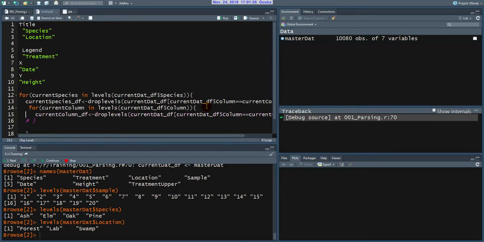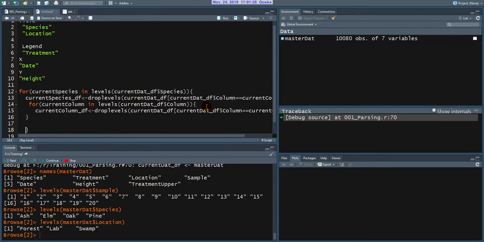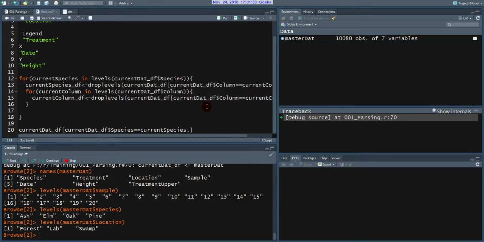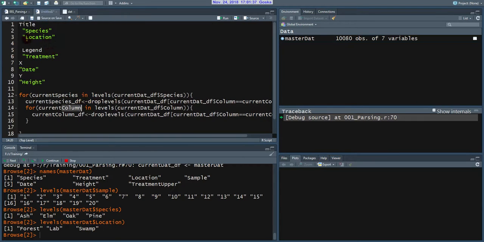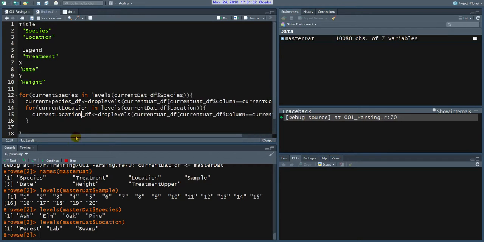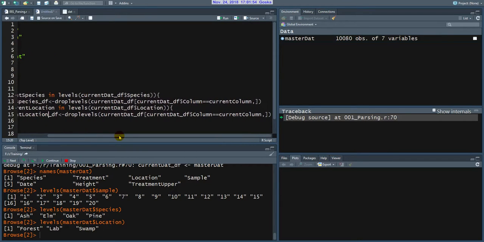I take my template again, copy and paste it in here. Control-I so I can format them and read them. My current column this time I'm working on location instead of species. So I'm going to loop through my current location, replace column with location. My output data frame is now the current location data frame, which is a subset of the current species. I'll show you how to do that in a second. Replace column,